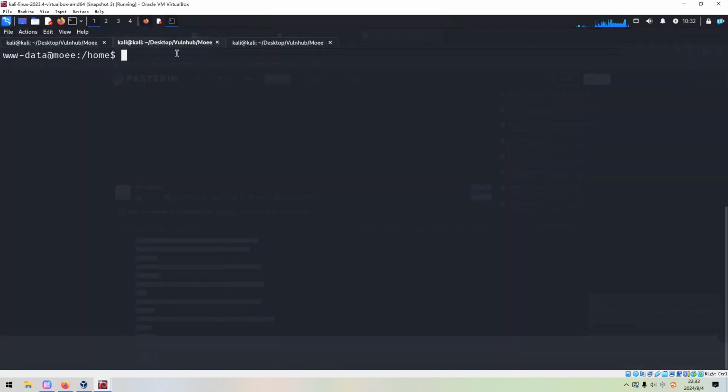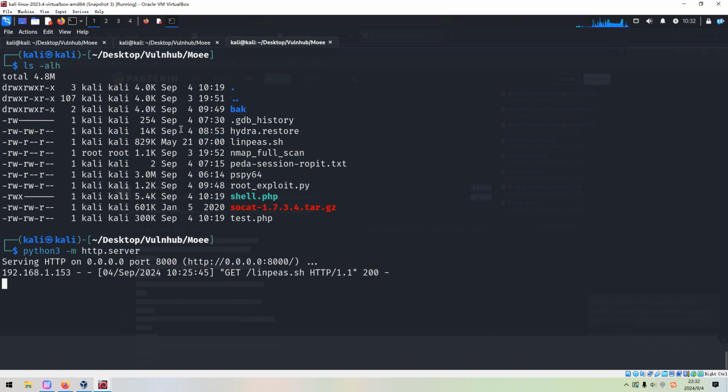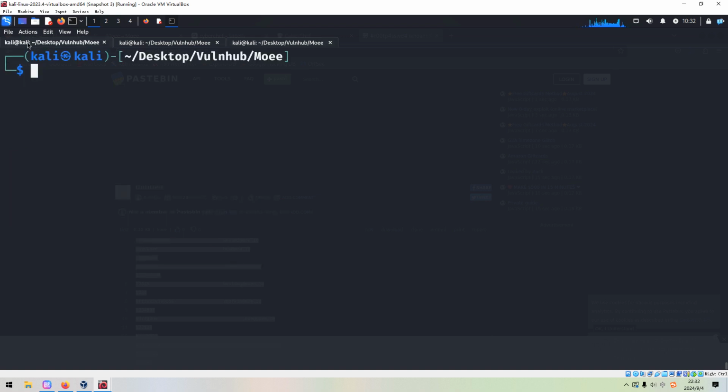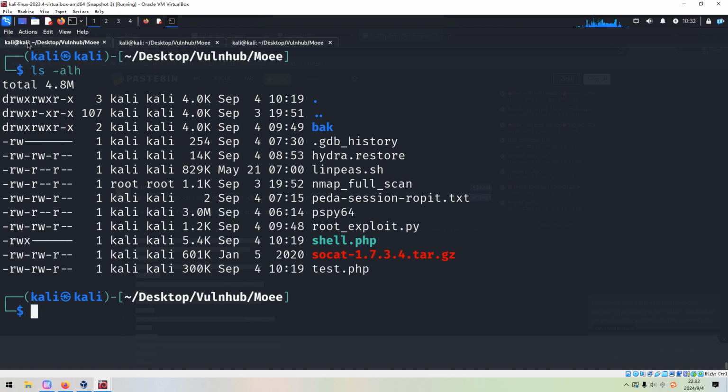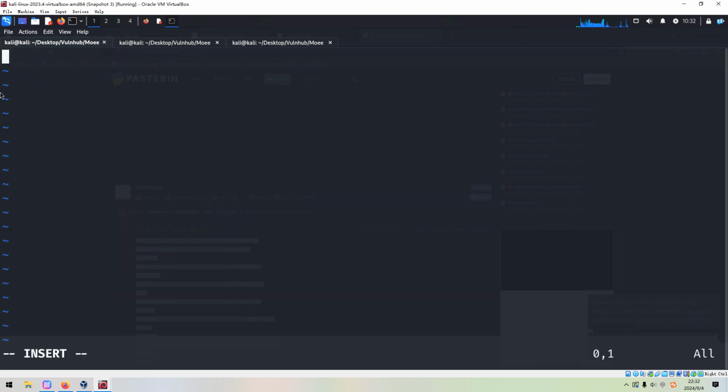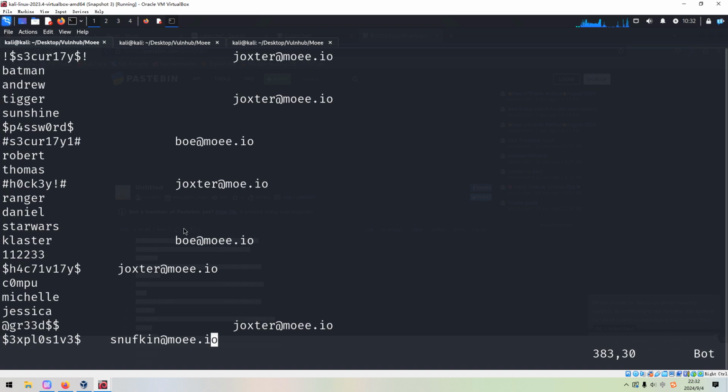And we can create it locally. We can use, for example, Pastebin. However, we need to do some processing. We need to remove the second column.